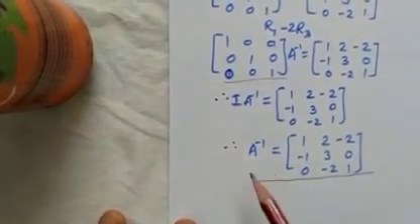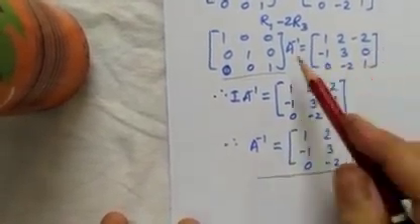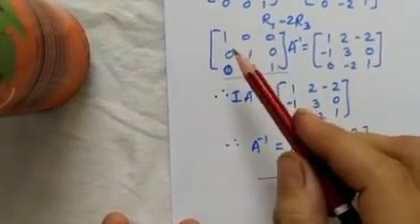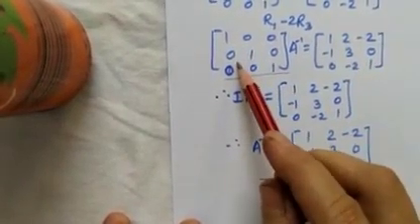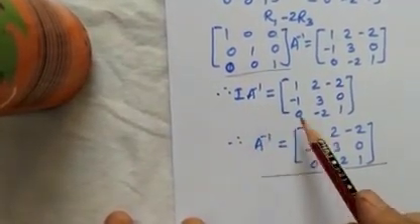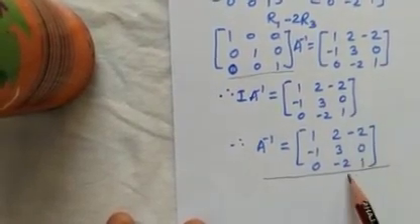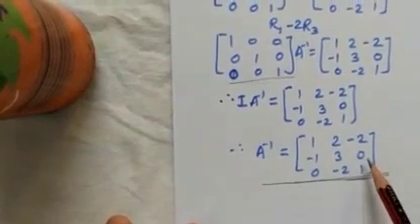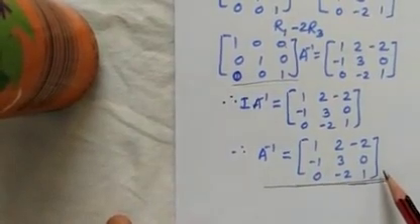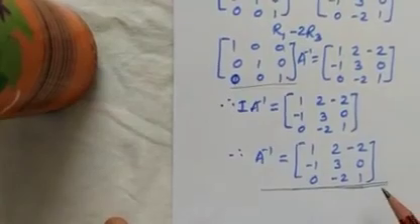So that's why we write here I into A inverse is equal to the RHS. You can observe the LHS very carefully: the elements of the LHS are nothing but the unit matrix. So here it is I into A inverse, and whatever value we got on the RHS is nothing but the A inverse. This way we can try more examples. If you practice more, you get confidence and can solve similar examples.